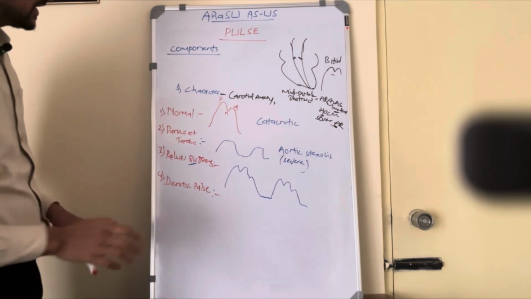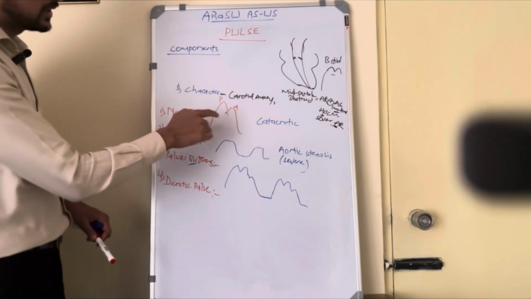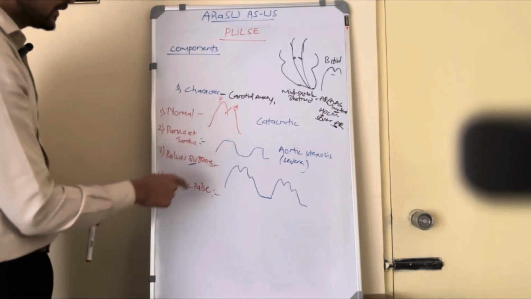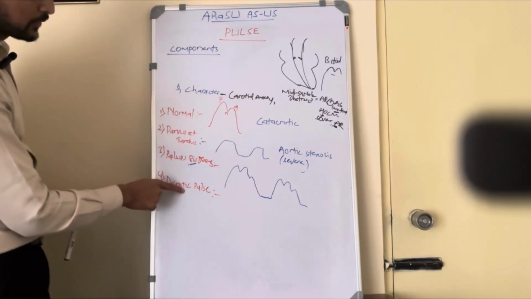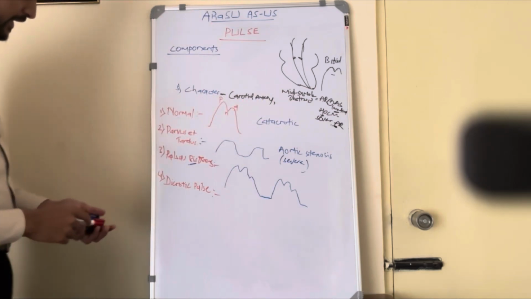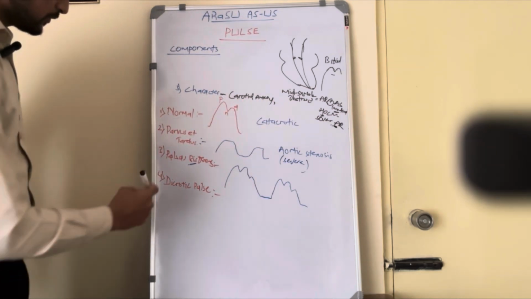To understand the terminology, we have used the word dicrotic when we are describing the D wave in the normal waveform. Here they have given importance to dicrotic, so that itself will suggest that this D wave is significant here. So we'll understand that first. Here what is happening is,